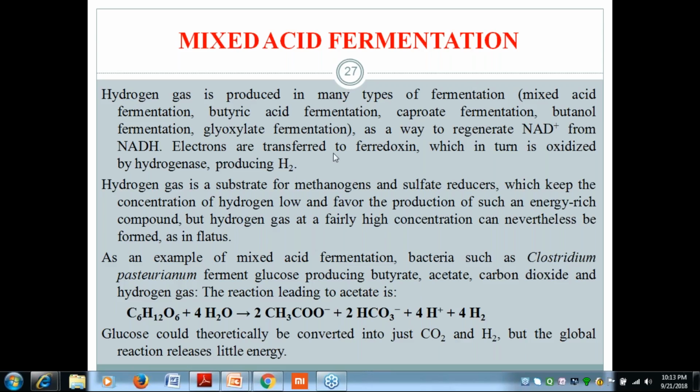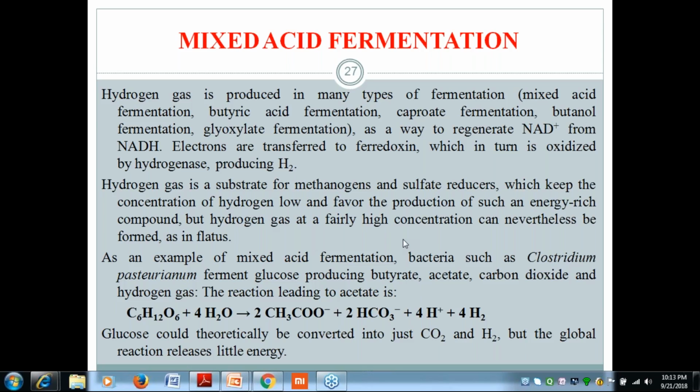Okay, so hydrogen gas is a substrate for methanogens and sulfate reducers, which keep the concentration of hydrogen low and favor the production of such an energy compound. But hydrogen gas at a fairly high concentration can nevertheless be formed. An example of mixed acid fermentation: bacteria such as Clostridium pasteurianum ferment glucose, producing butyrate, acetate, carbon dioxide and hydrogen